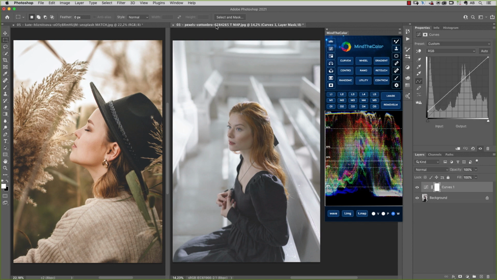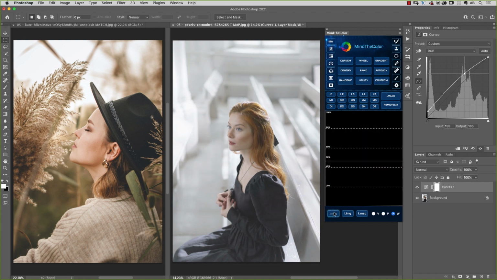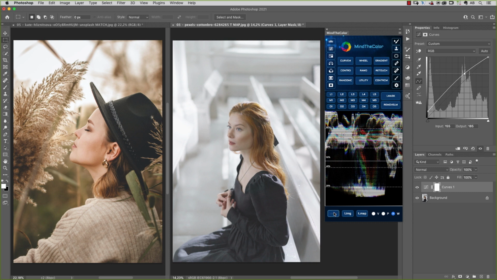Then I switch back on the right image, and I can move, for example, the lights a little bit higher. Let me check now. Okay, and then I can darken the shadows a little bit, like this. Okay, I think we are getting closer. And now that the tonal range is good enough,